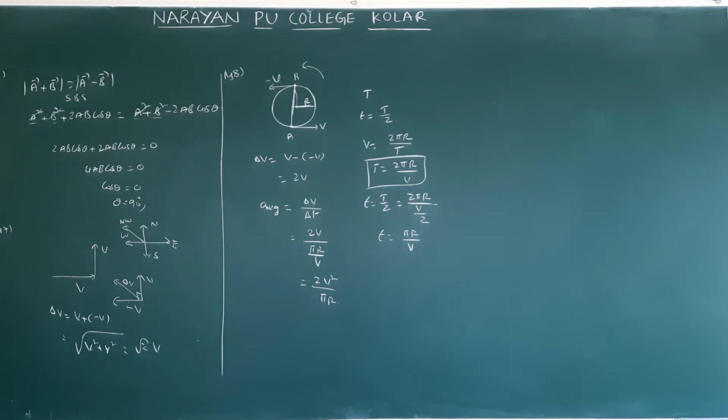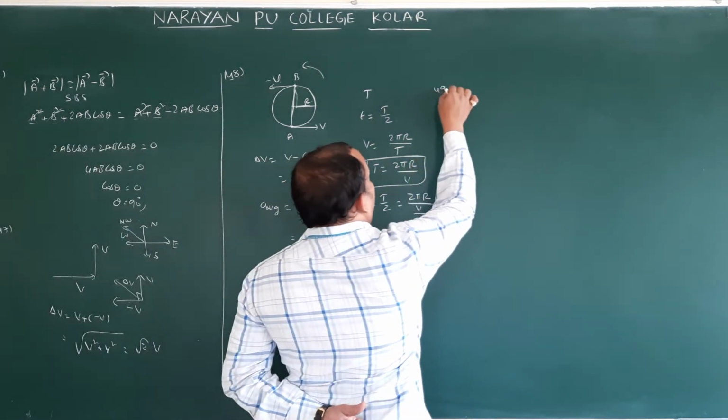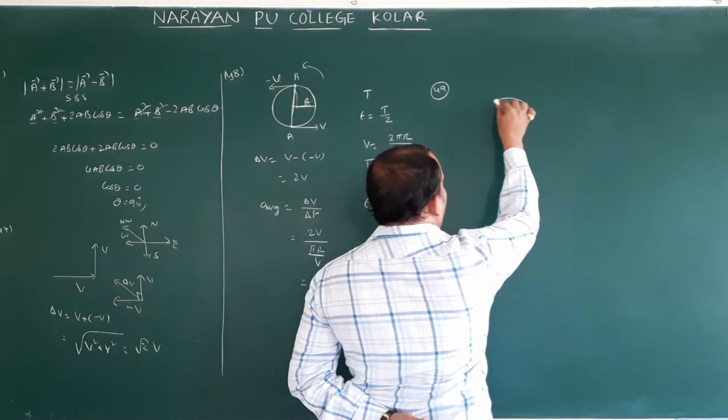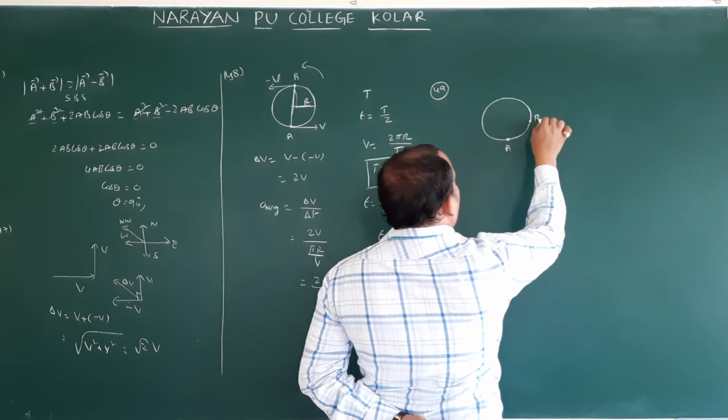Next is question 49. A particle is moving in a circle with uniform speed v. The magnitude of change in velocity and the change in magnitude of velocity when the particle has traveled an angle beta is? So they are asking the magnitudes of change in velocity and the change in magnitudes of velocity. The small difference is that you have to see the question carefully. Same circular path, an object is starting at A, it is reaching B.